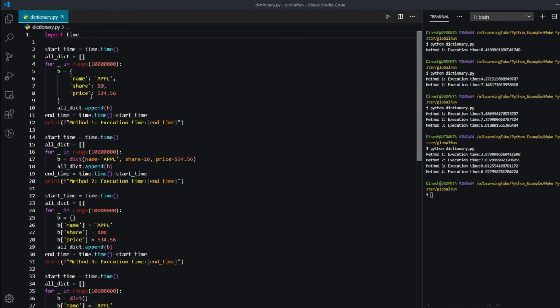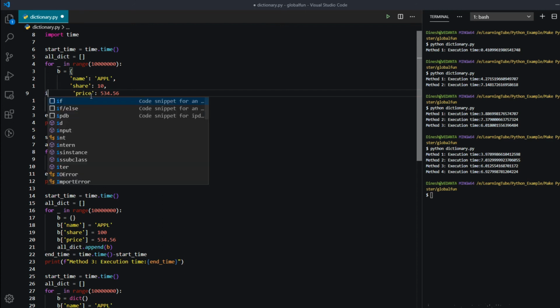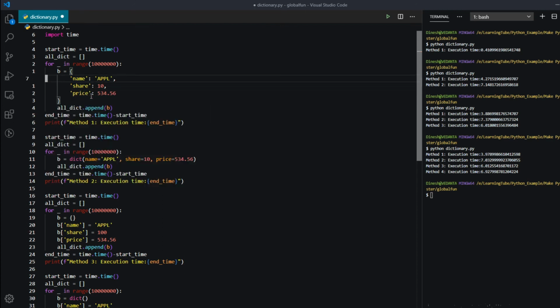So what we got here is that we have tried different methods for dictionary initialization, and we have seen how much time each takes. We found that if we initialize a dictionary like this, its performance is much higher than any other method. But by visual appearance it is a very ugly way to initialize, though it is the most effective.